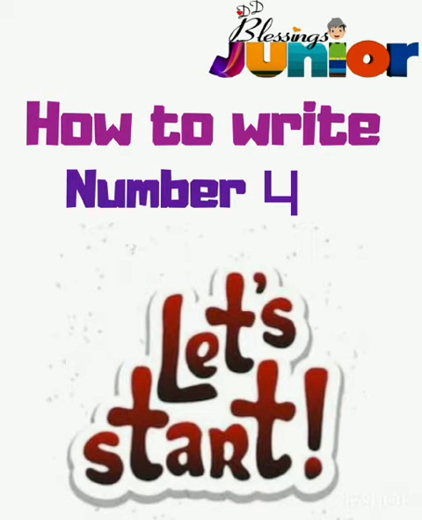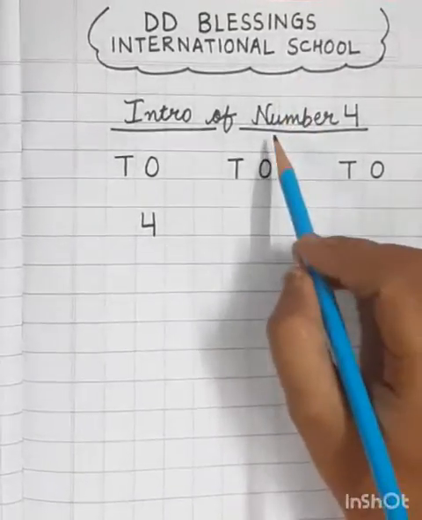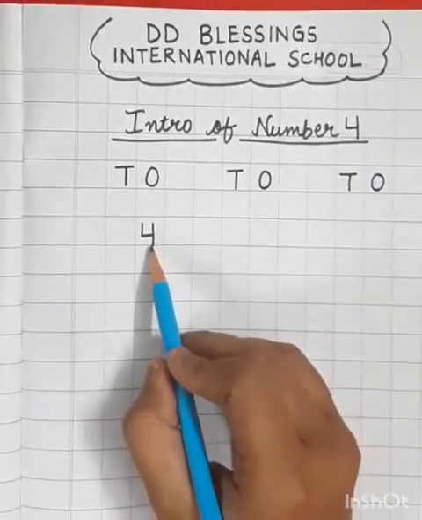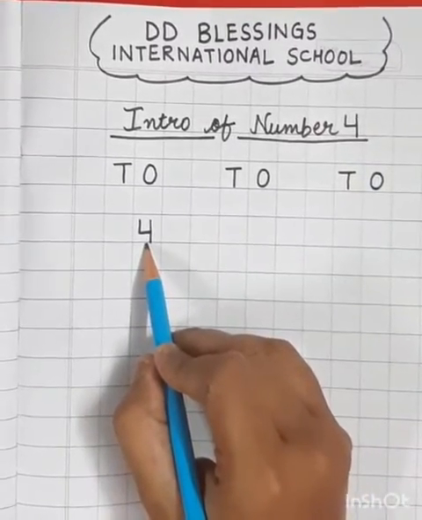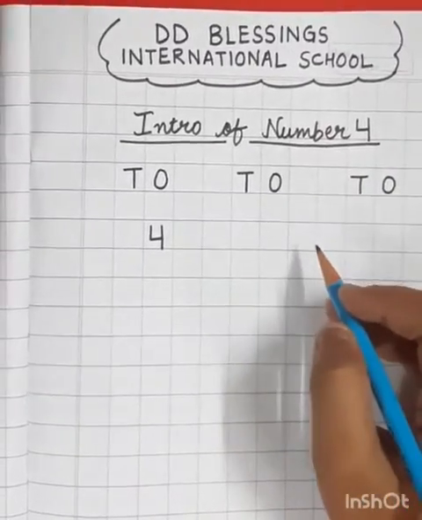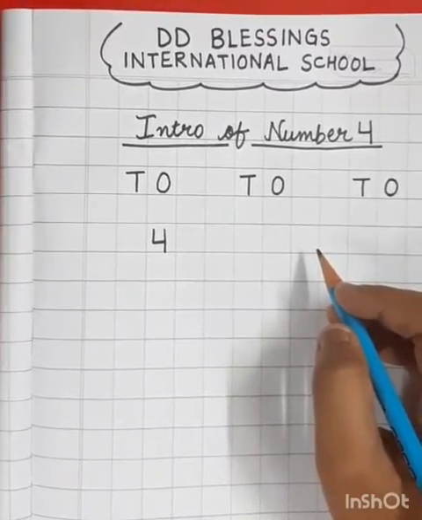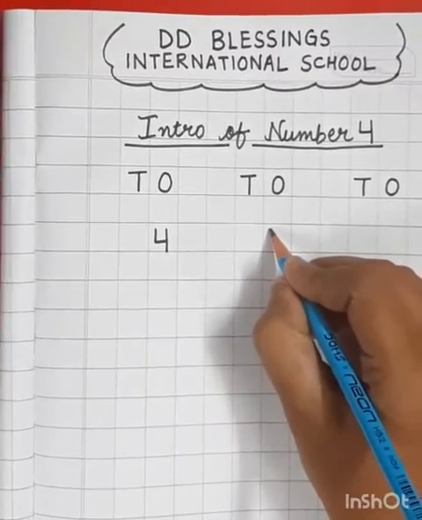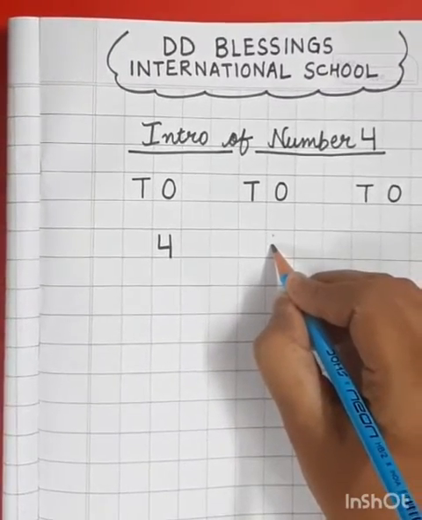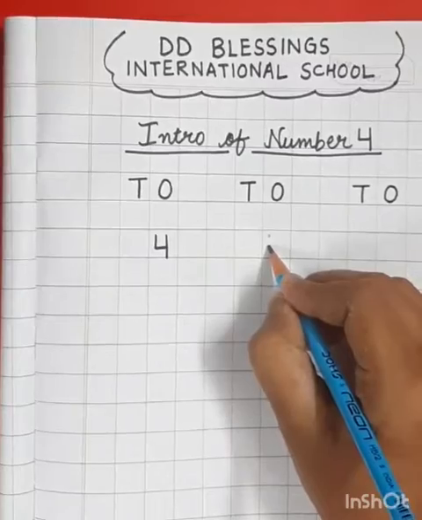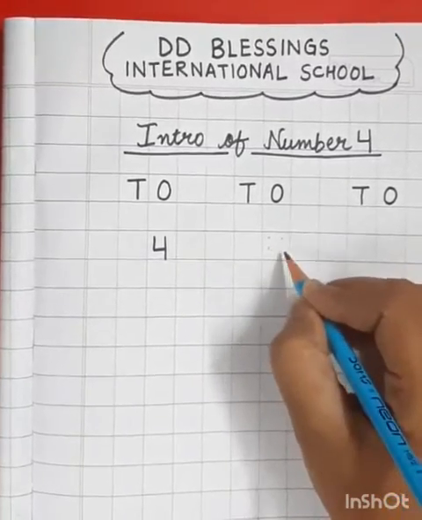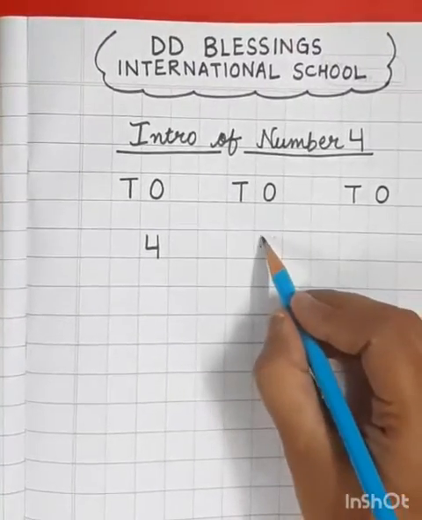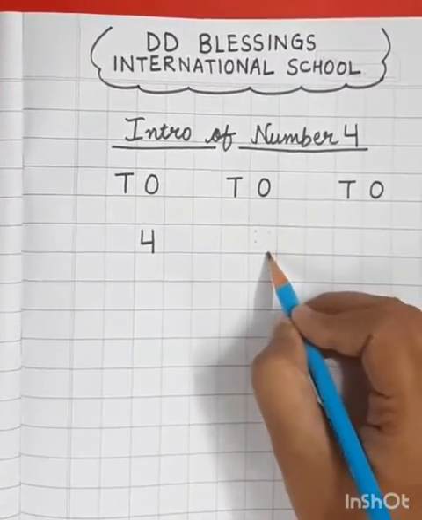Let's get started. Students, let's learn how to write number 4 in our maths notebook. This is number 4. I have already made one number 4 here for your reference. Let's start learning how to write number 4. We'll write number 4 on dots. For number 4, see how we'll have to give dots. 1 dot, second dot with a small gap, third dot, and this is the fourth dot. We will make number 4 on 4 dots. 1, 2, 3 and 4.